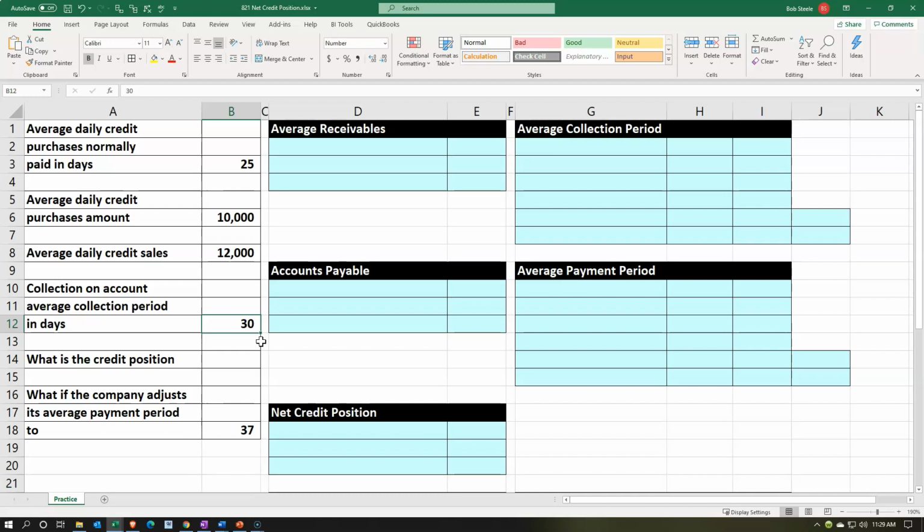So normally the calculation here would be accounts receivable divided by the average daily sales. So let's write that out, and then we can look for the unknown and solve for the unknown. So typically the average collection period would be the accounts receivable, and I'm going to put this in the outer column, and this is going to be our unknown. So I'm going to make that yellow. This is going to be the unknown, and then we have the average daily sales,